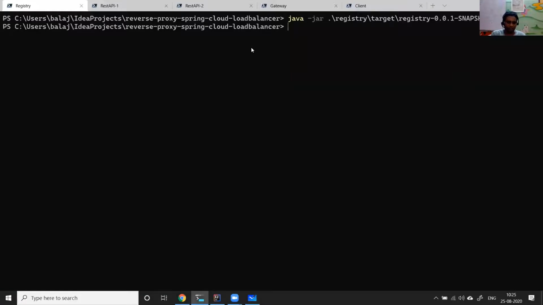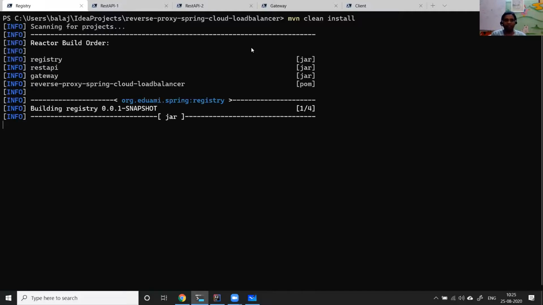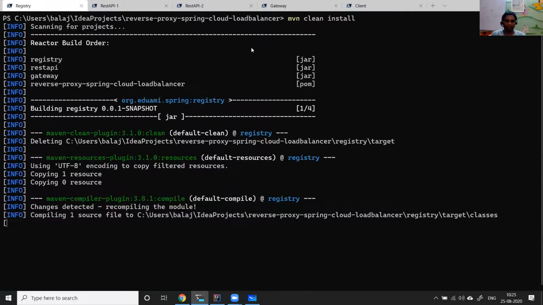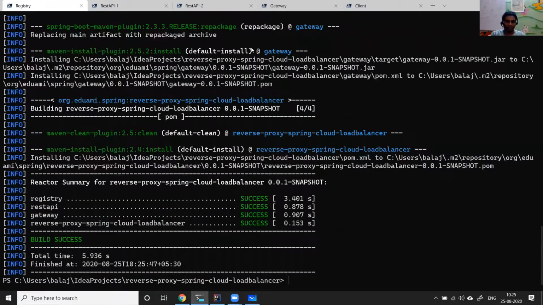All you need is a simple Java and Maven. I just do a Maven clean install because the repository will not have all the binaries, so you need to build them after cloning the Git repo. If you see here, I have a registry, REST API, and gateway, and this is a parent project, Spring reverse proxy, Spring Cloud Load Balancer.